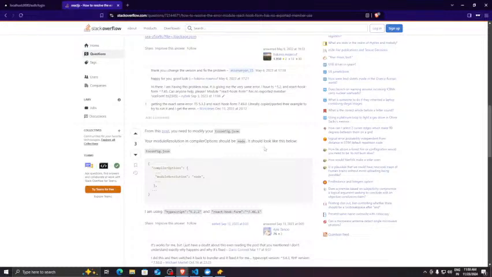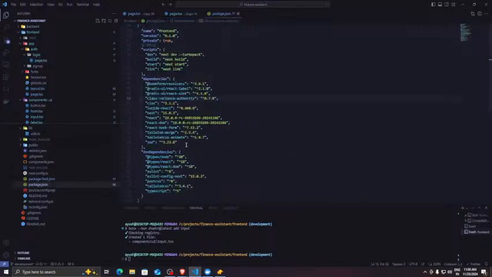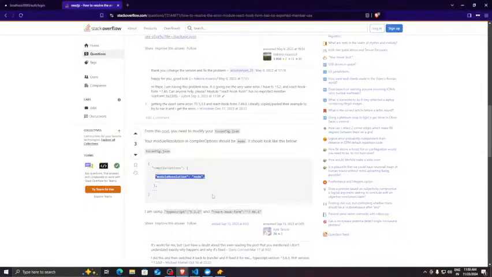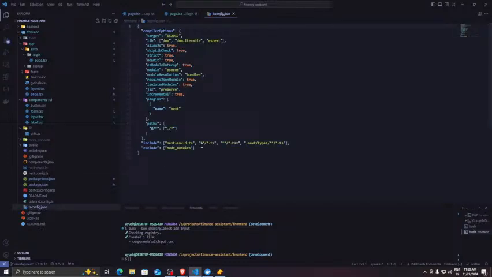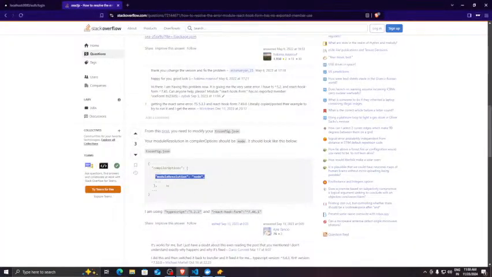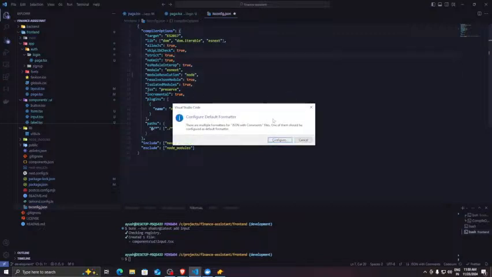It should look like below. Oh, okay. Maybe because of this. Okay, package.json, TypeScript, tsconfig, module resolution. Oh, okay. Yeah, I found module resolution, and this is called bundler. If I do node,